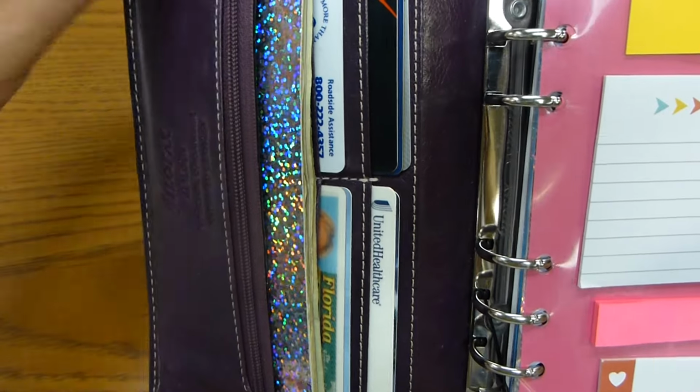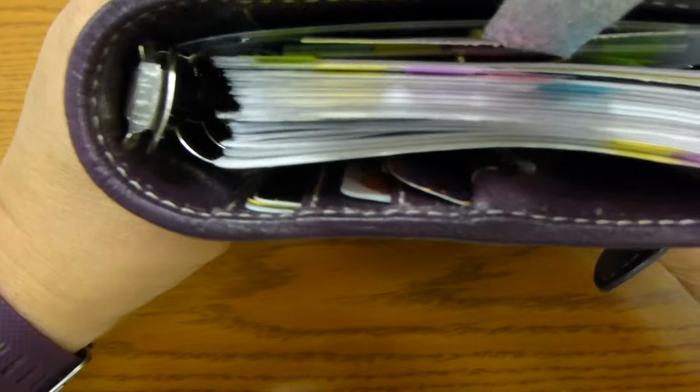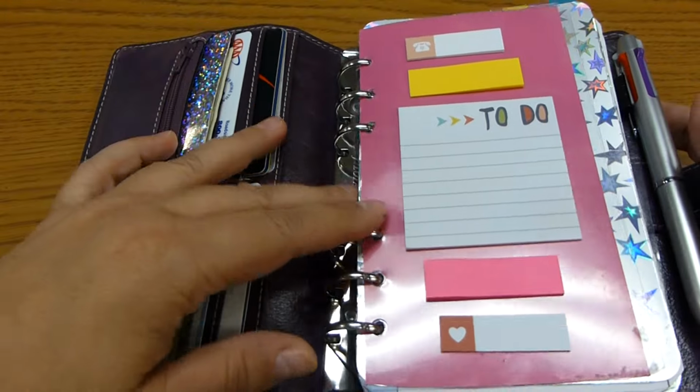And I'm not a big fan of this pocket because it adds a lot of bulk to the planner. If you look, you can see it kind of throws it off up here. But I don't know, other than breaking it, I don't know what else to do. Anyway, so here's